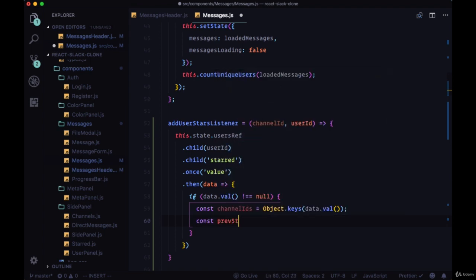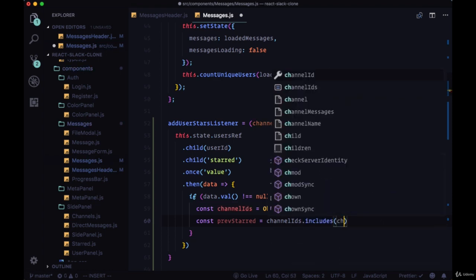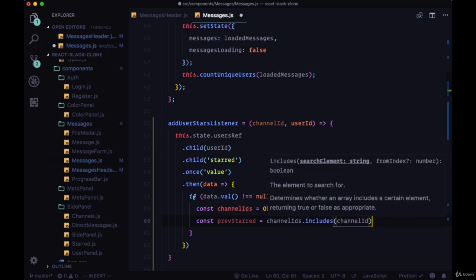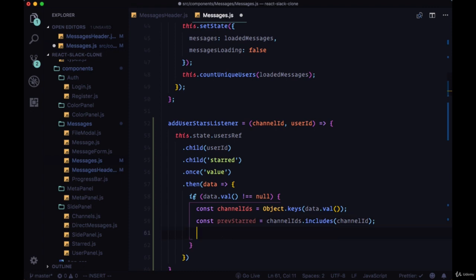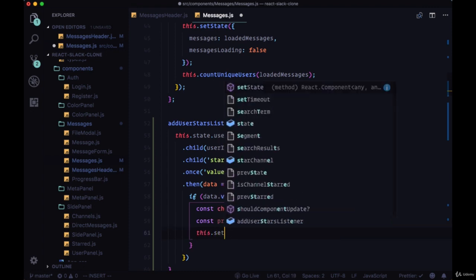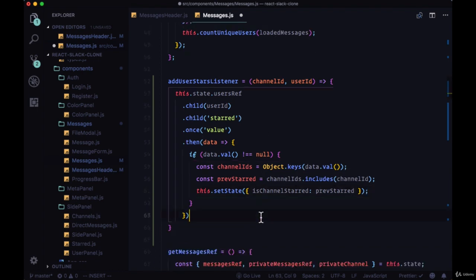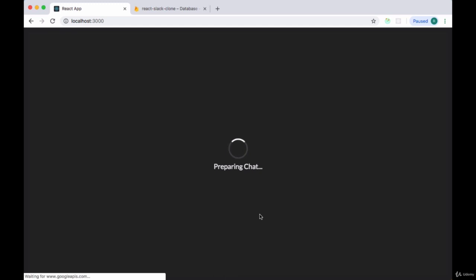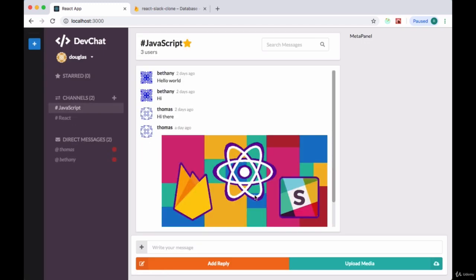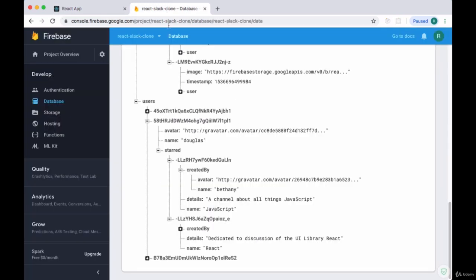and get an array of them using Object.keys, and we'll take this array of IDs and use the includes method to check to see if our given channel ID is present within it. We'll set the return value to previouslyStarred, and if includes finds it within this array, it'll return a value of true, and we want to update isChannelStarred based on the previouslyStarred variable, what's stored in it. So we'll save that, head back, and we can see immediately that our star for our